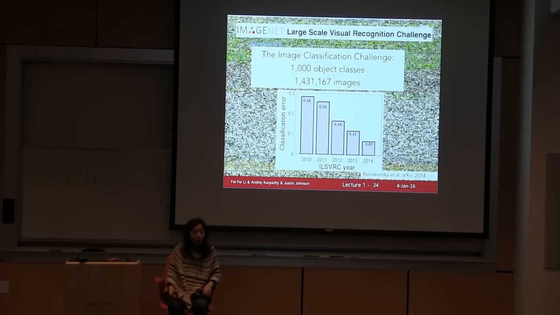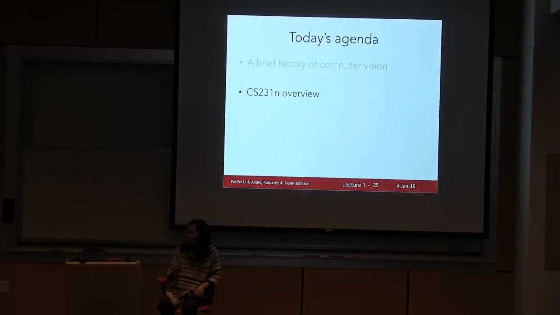From a mathematical point of view, it wasn't that new, but from an engineering and real-world problem-solving point of view, this was a historical moment. That piece of work was covered by the New York Times and all this. This is the onset, the beginning of the deep learning revolution, if you call it that. And this is the premise of this class. So at this point, I'm going to switch. We went through a brief history of computer vision for 540 million years, and now I'm going to switch to the overview of this class.